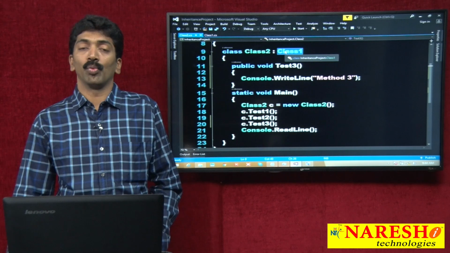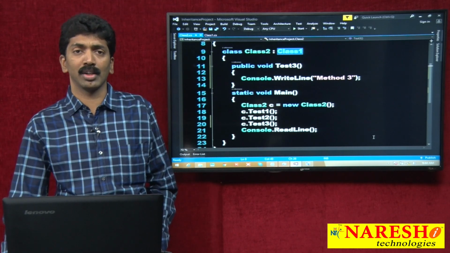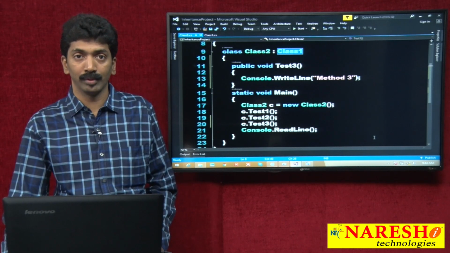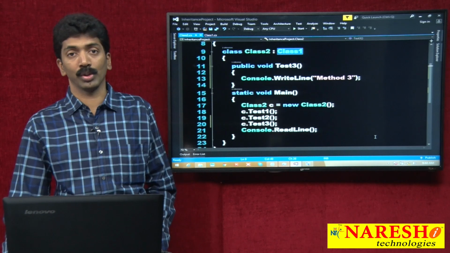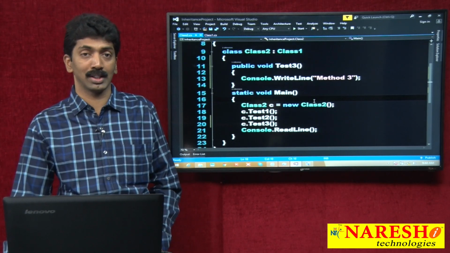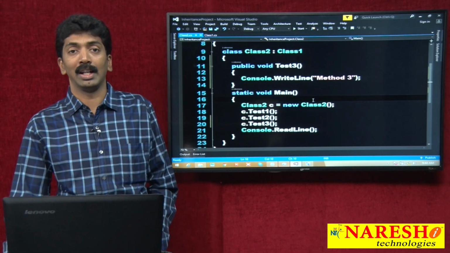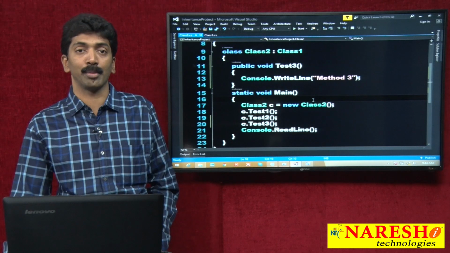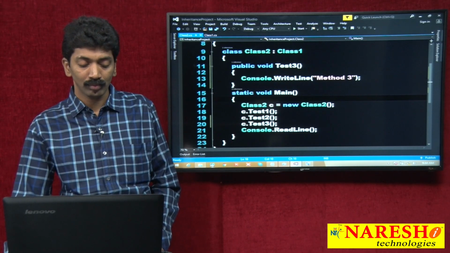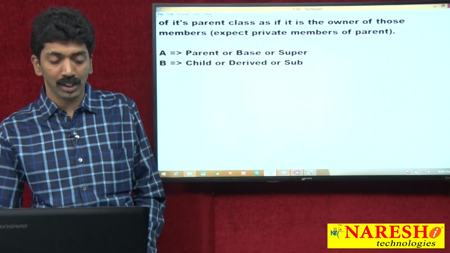But when you're working with inheritance, there are some important things you require to learn or remember. What are those? Let me tell you. One by one, we'll discuss. I have 6 important things to learn here. Let me teach you one by one. The first important thing is